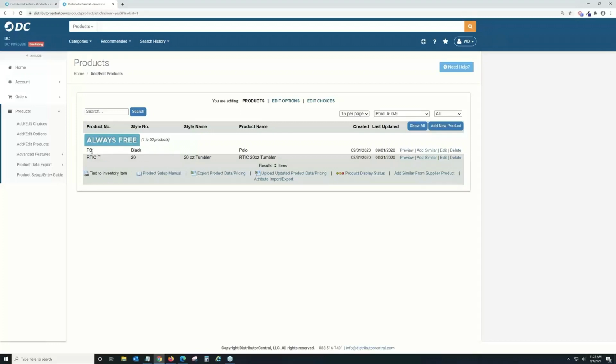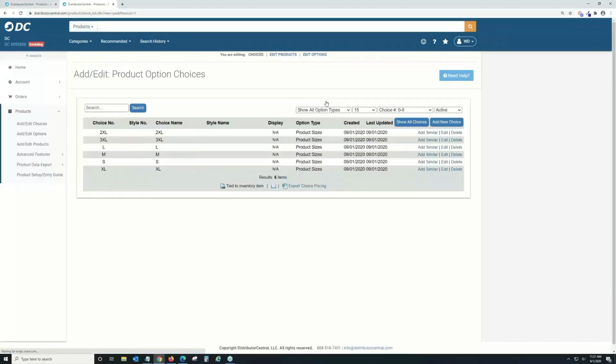PS is the item number. So another thing you can do is, if you're on your choices, and let's say you have a lot of apparel type items that you're going to be using, and all the larger sizes don't have the exact same upcharge to them. So what you can do is, if we go back to this 2XL here,